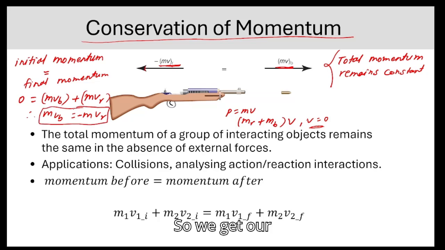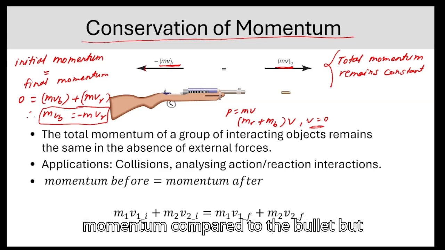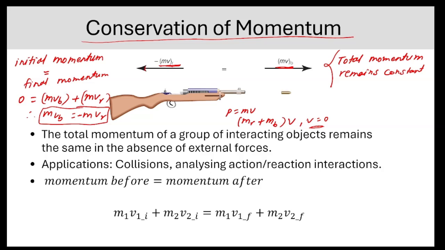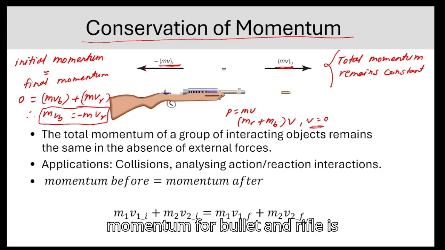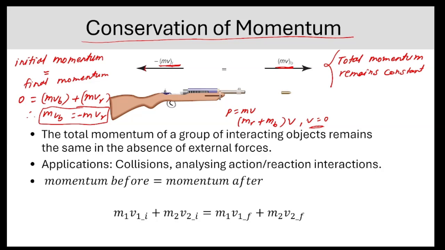So we get our recoil in terms of negative momentum compared to the bullet, but because of the conservation of momentum, the magnitude of the momentum for bullet and rifle is the same. And we can simplify this conservation of momentum for the general case where we have two masses,